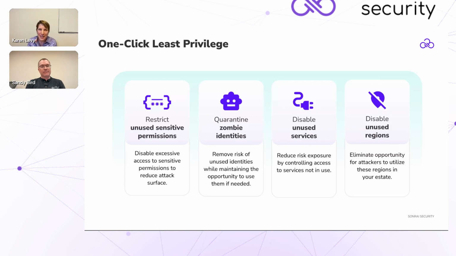Quarantining zombie identities. Everyone loves to talk about this one. The unused identities in your cloud. Everyone is afraid to delete these. They see it as a risk. Even if we can prove that it hasn't been used in 90 days or 6 months or even a year, organizations still don't want to delete them. They worry what will happen if it's needed at some point in the future. It can be very difficult to reconfigure it with the permissions it needed or an access key,